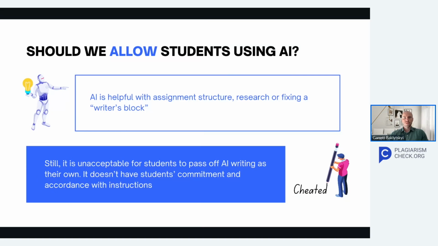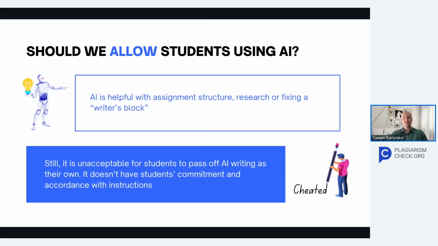Should we allow students to use AI? AI is a powerful tool, and I'm sure that many of you who attend this webinar have already tried AI generators to optimize routine, get quick answers, and complete some tasks. Students also have tasks that could be completed by AI without violating the instructions you give them for assignments. For example, students can ask AI to explain instructions, to summarize something, or to create an assignment plan or assignment structure. They can even ask AI to generate the first 3 to 5 sentences to get over writer's block.